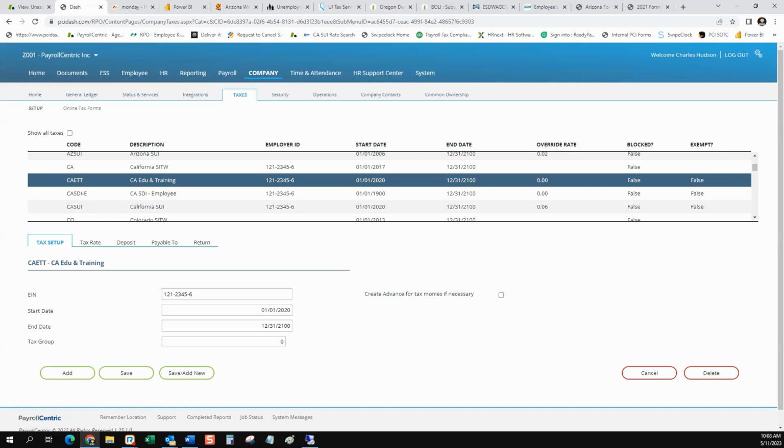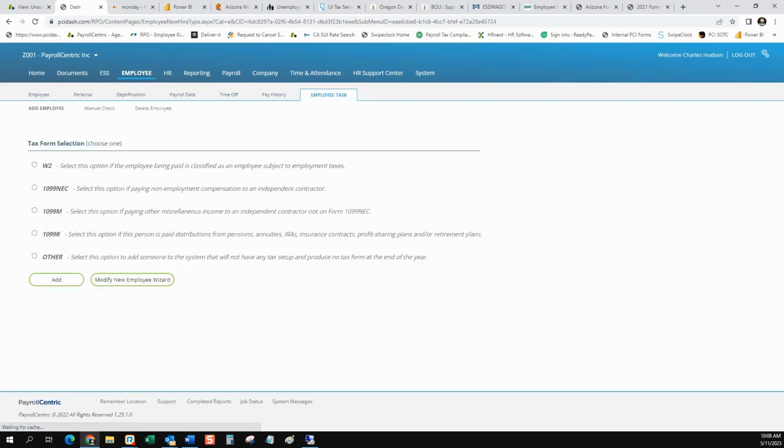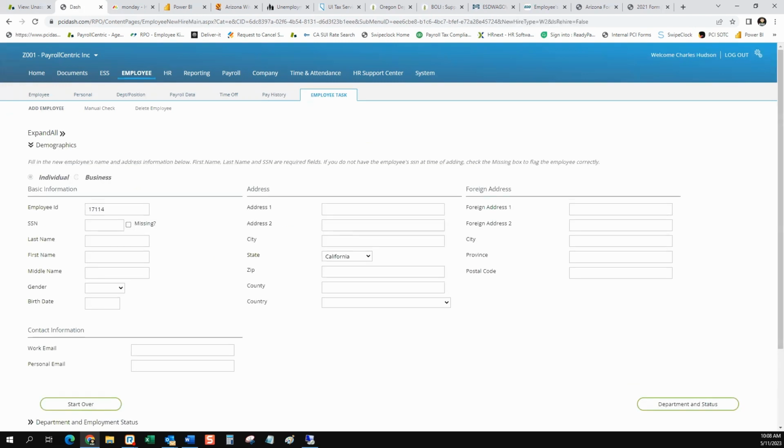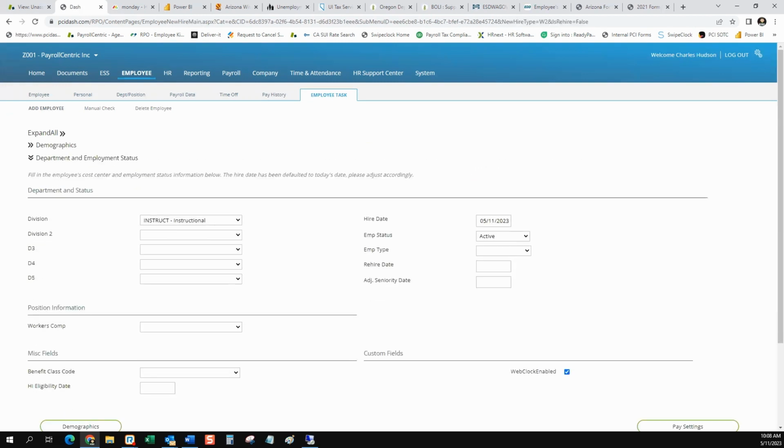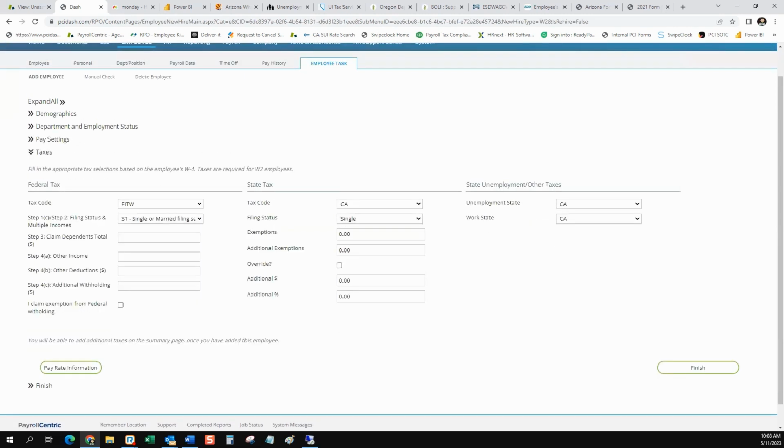Okay, so once that is done, then you'll be able to go to the employee. And if you're adding a new employee, you can select that. Let's go ahead and go into add an employee. We'll do a W-2 and we'll click on add. And I'll just go through the sections to get to the tax. And then you can actually come here and select their state, like say,